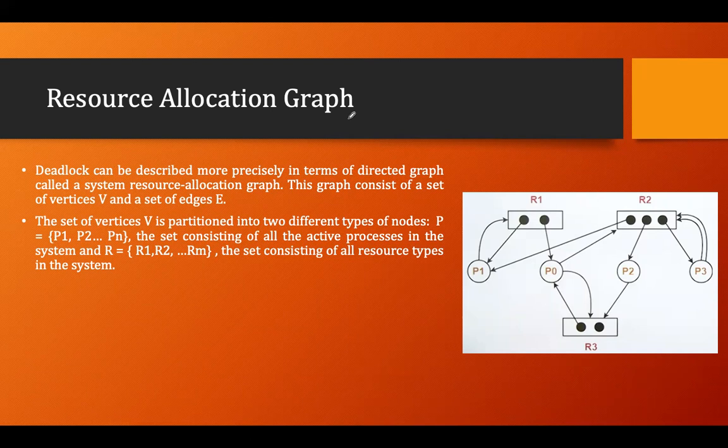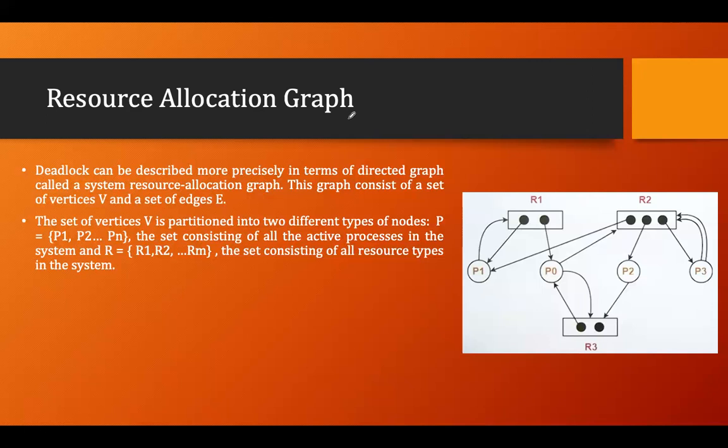So what do you mean by resource allocation graph? Resource allocation graph signifies how many resources are allocated to the process and how many resources are requested by the process. If we represent that in a diagram, that diagram is called the resource allocation graph. With the help of the resource allocation graph, we try to find a loop in the graph. And if we find a loop in the graph, there is a chance of deadlock. That is the concept of deadlock detection.